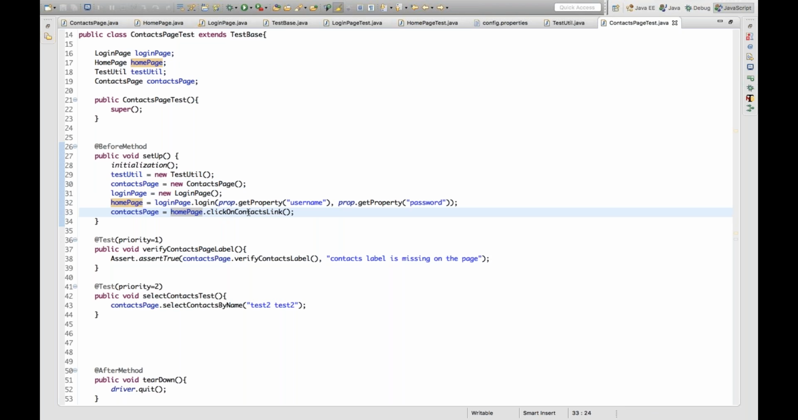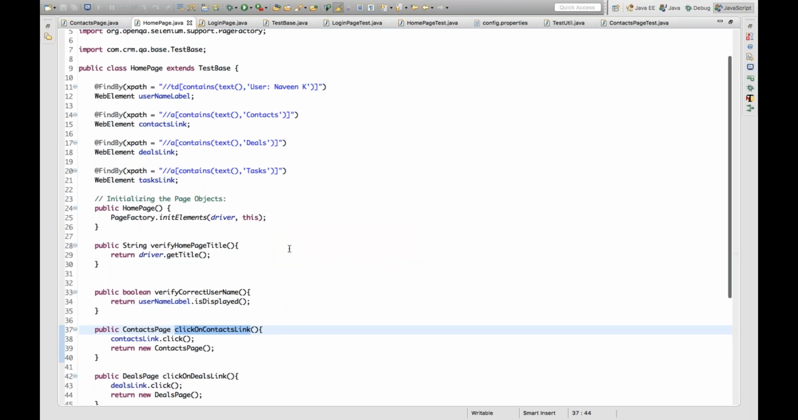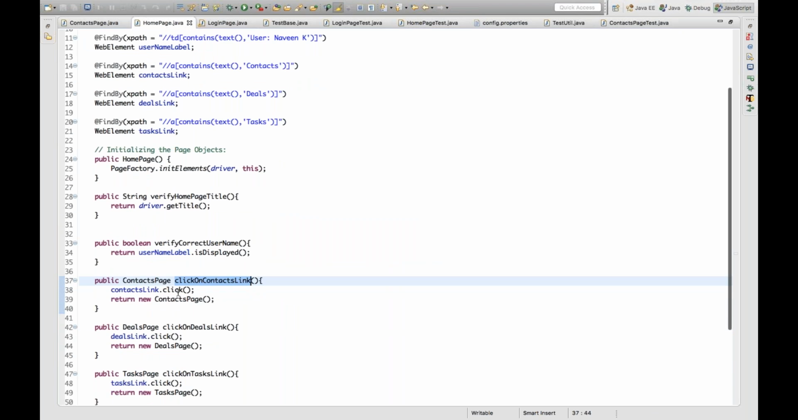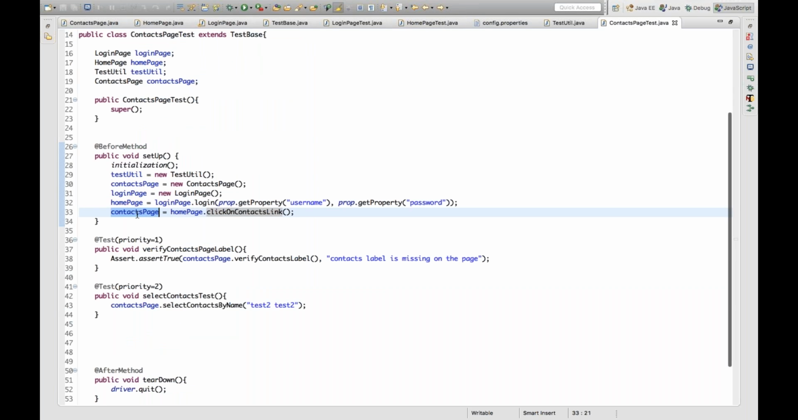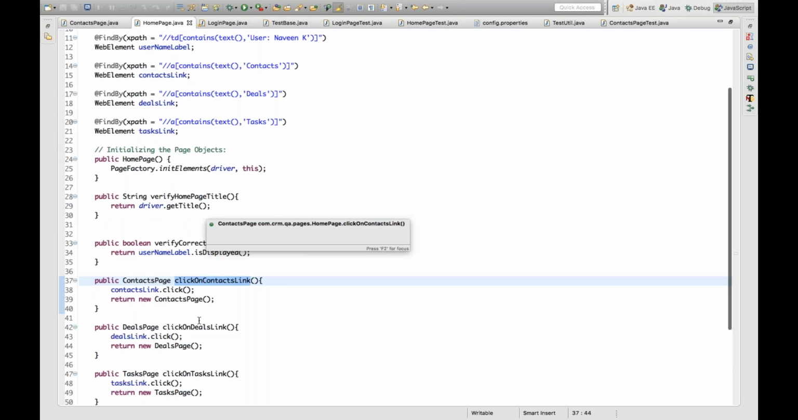Okay, so click on contacts, because the contacts link is available on the home page. So it will click on that link, and it will return the contacts page object. So I'm storing it inside this contact page reference, and this reference I'm using for other things. Simple. Okay, now one more catch is there,